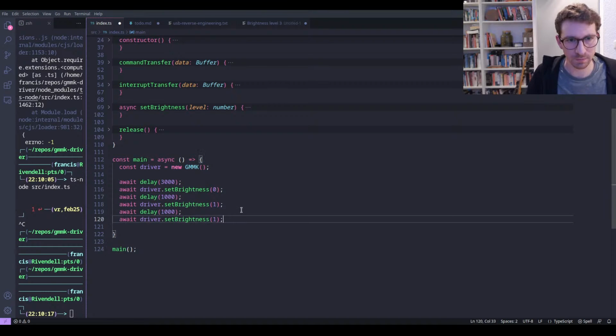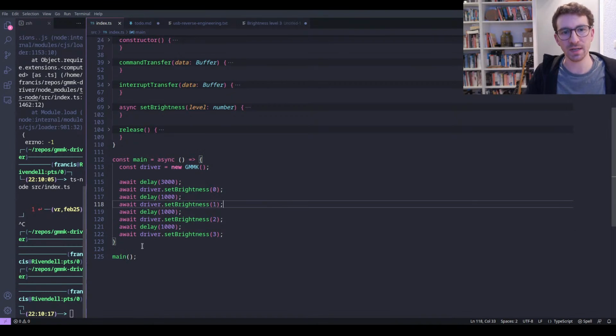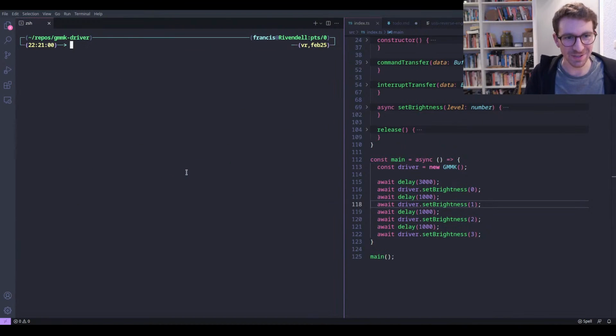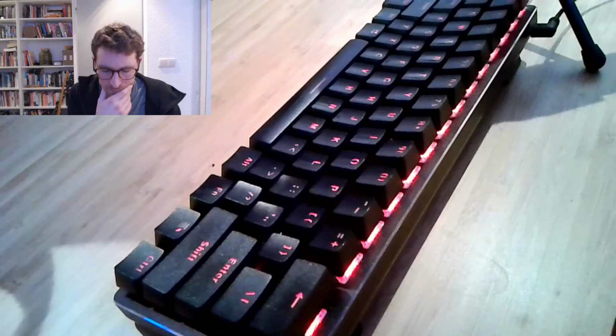And delay by another second, set to 2, and then by 1 more, and we'll set to the final level of 3. I really hope this works. So, ts-node index, I'm then going to switch to my keyboard view, and if this works, this will be great. So, keyboard view,